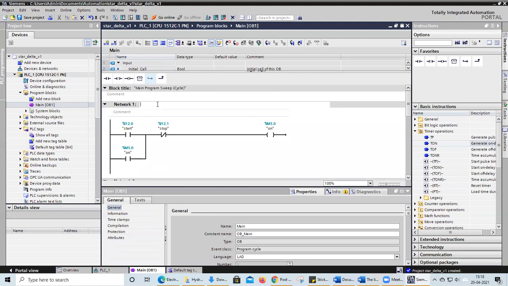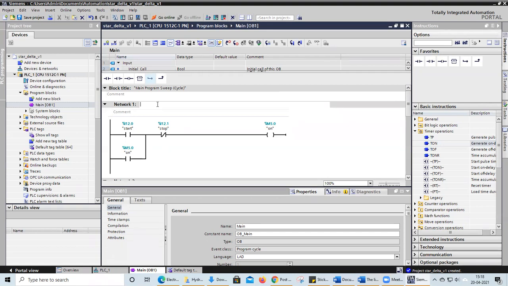If everything is in one network, I cannot tell you, as you guys are seeing, that it is in the third line, fourth line, fifth line. I could have said easily that in network two you can see the timer block is there, and if some corrections are needed in the timer block, you can modify it, reconnect it, so easy access will be available. Everything in one network also, the circuit will work. If you use different networks it will also work. There is no issue if you go for more networks. Is it okay? Yes, sir. Okay, sir. You can do it in one network itself.